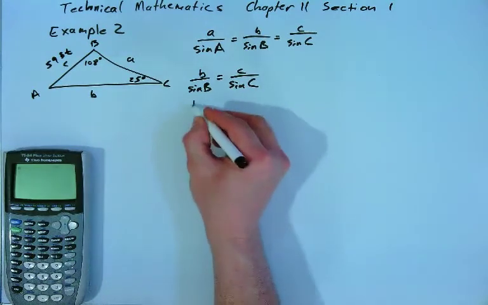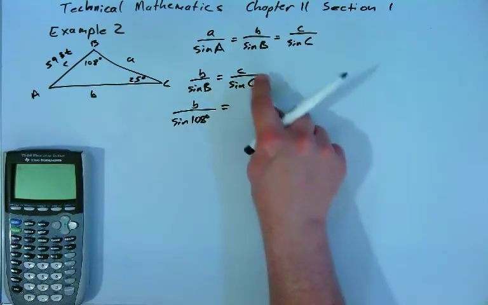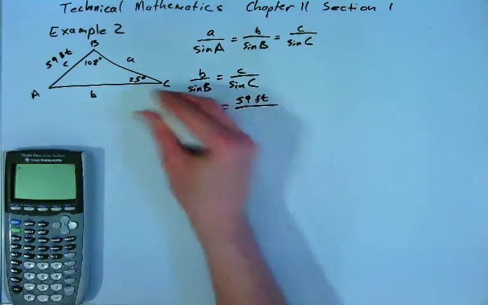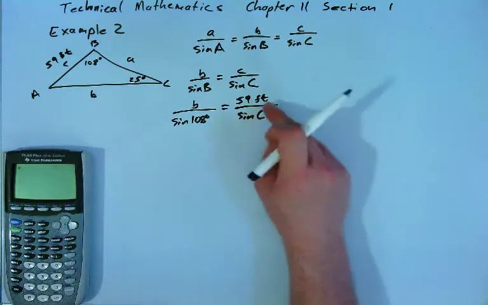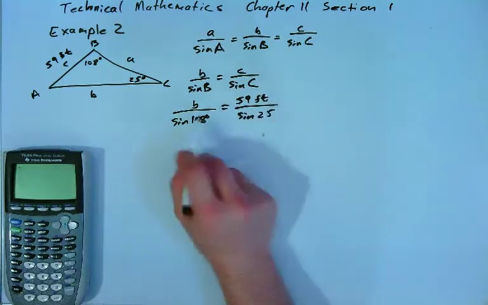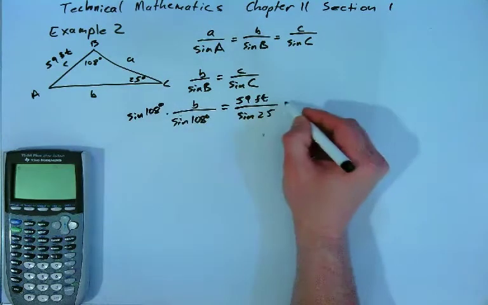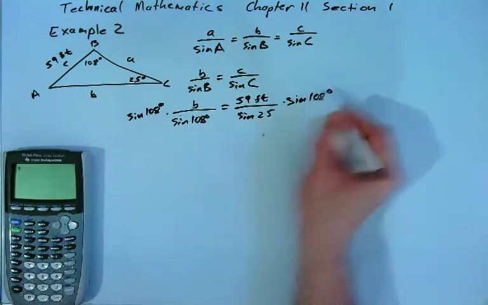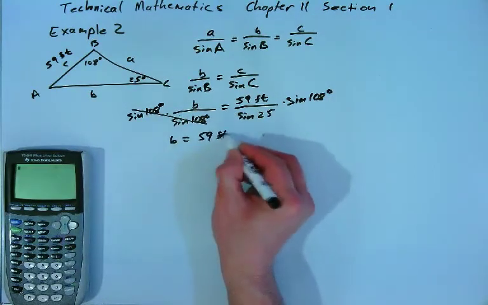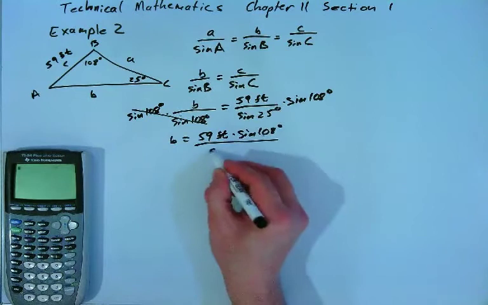We know angle B is 108 degrees. We know the length of side C is 59 feet. And angle C is 25 degrees. And so we want to solve for the length of side b. We'll multiply both sides by sine 108. These cancel, and we get b is equal to 59 feet times the sine of 108 degrees divided by the